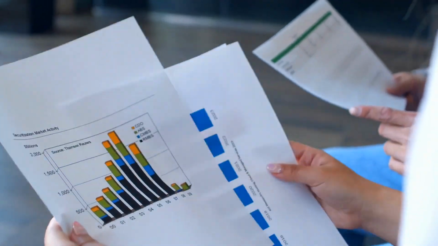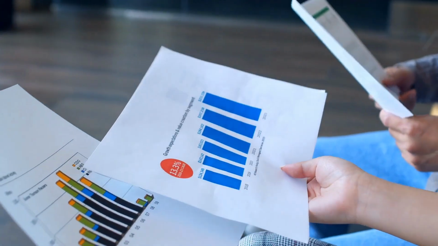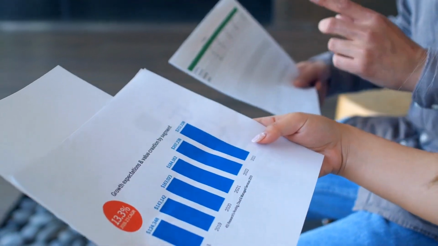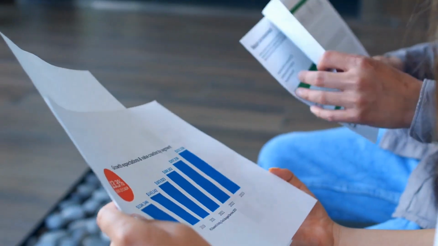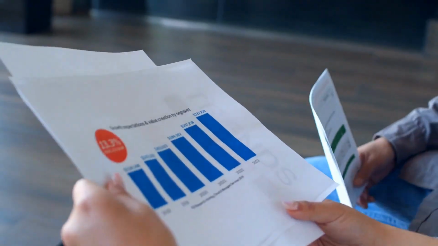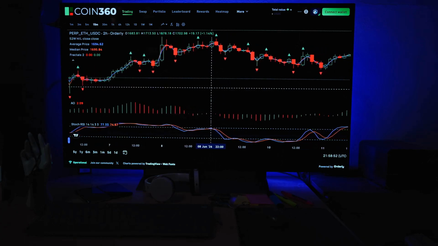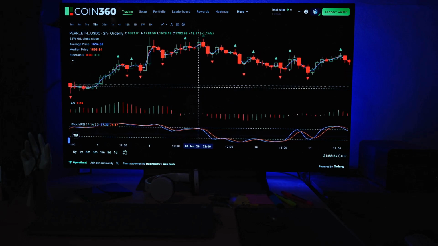The Consumer Price Index, or CPI, is the single most important inflation gauge for Forex traders. It measures the average change in prices that urban consumers pay for a basket of goods and services. When this number comes out hot or cold, it moves markets instantly because it dictates the next move from central